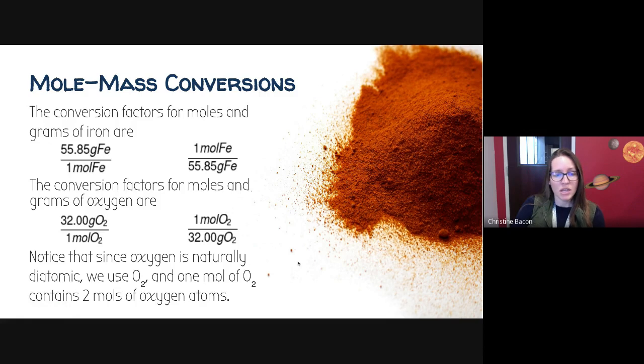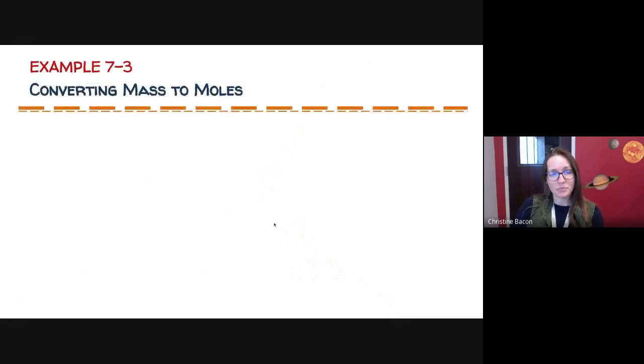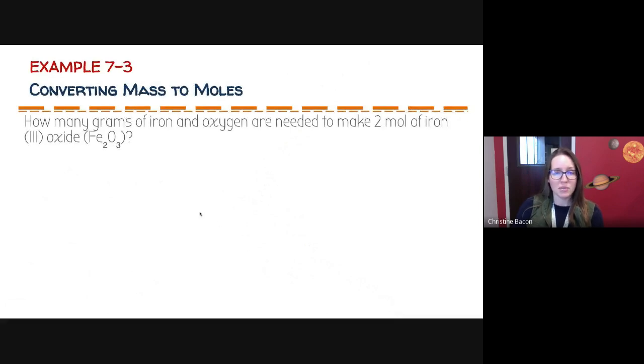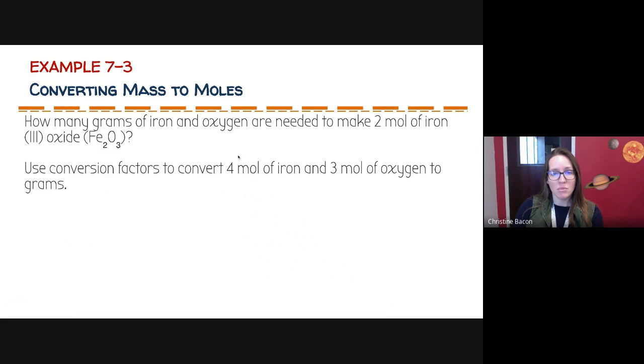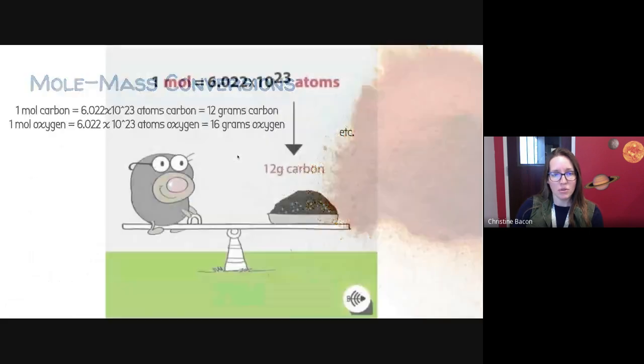So again, since we know that oxygen is naturally diatomic, we use O2 and 1 mole of O2 because that contains 2 moles of oxygen atoms. So let's take this information and let's actually use it in a calculation. So we want to know how many grams of iron and oxygen are needed to make 2 moles of iron oxide. So all this means is that when we balance our equation, remember before, go back to